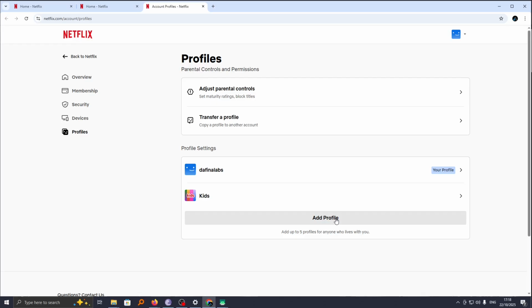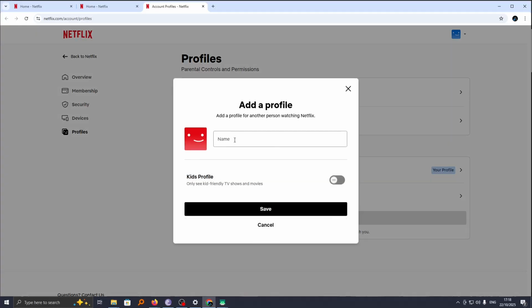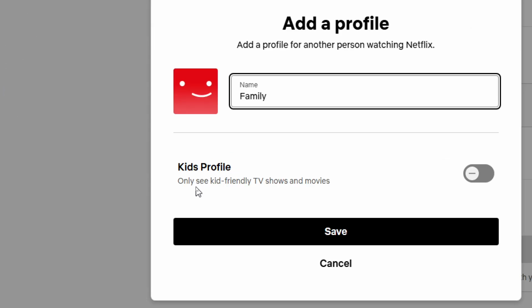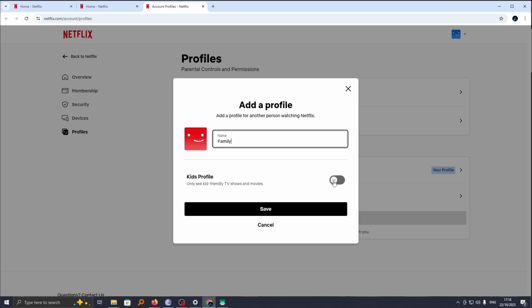To add another one, go ahead and click on add profile and give it a name. For instance, this I want to be a profile for family, and go ahead and decide whether you want this to be kids profile, which means only see kids friendly TV shows and movies. So if you want this to contain only TV friendly or family friendly movies, go ahead and toggle this,